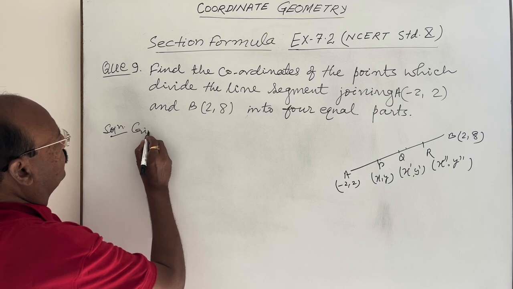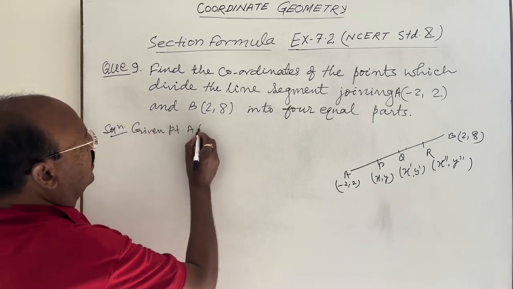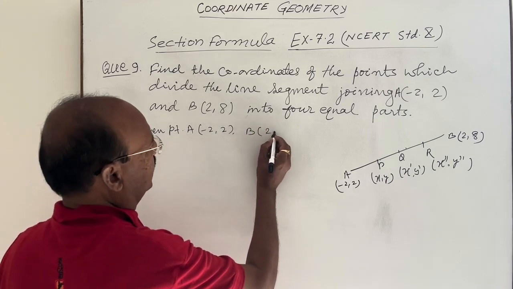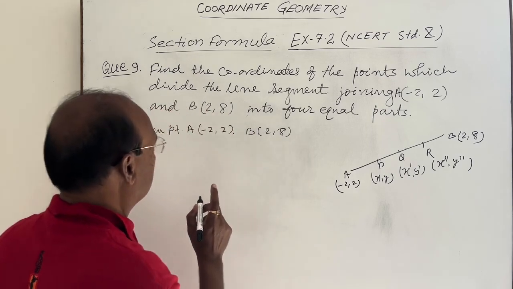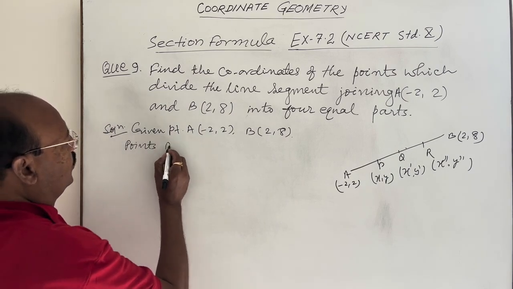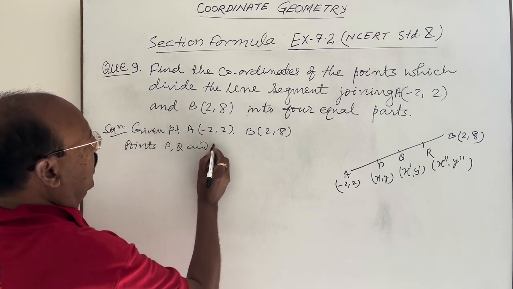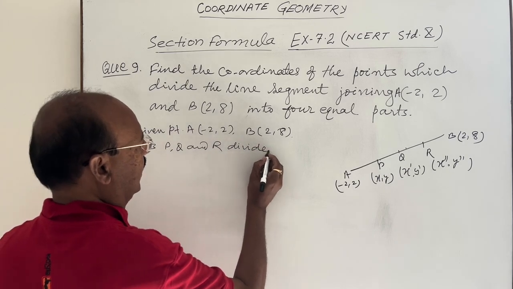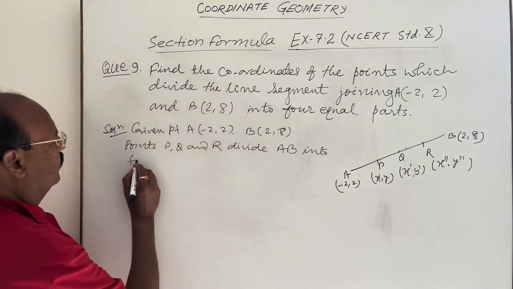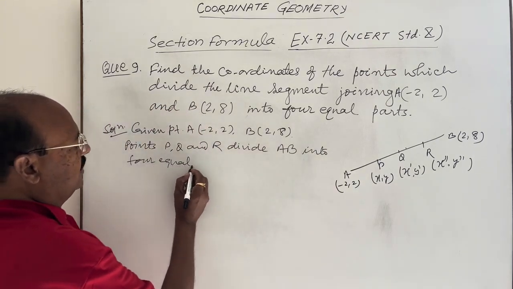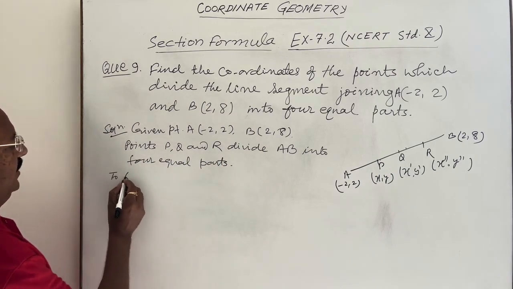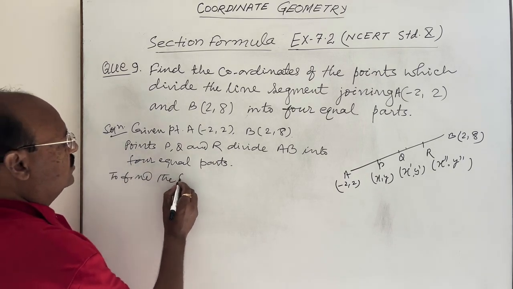Here, what is given? Point A having coordinates -2, 2, point B having coordinates 2, 8. Secondly, it is given that points P, Q and R divide line segment AB into 4 equal parts. Clear? This much is given in the question. And here we have to find the coordinates of